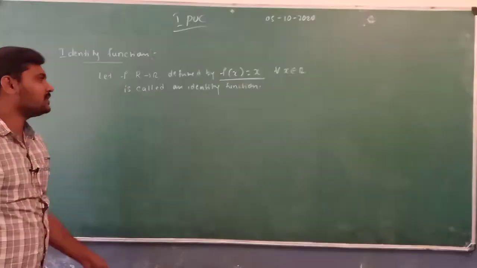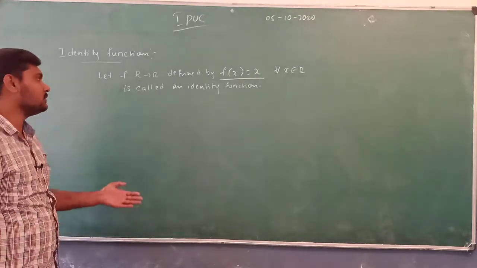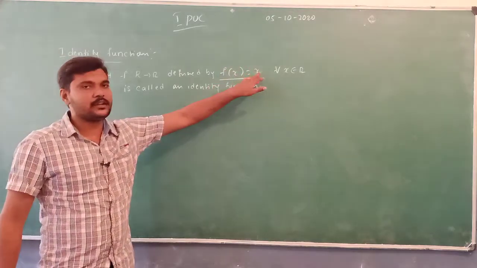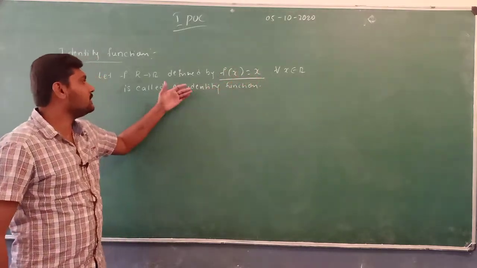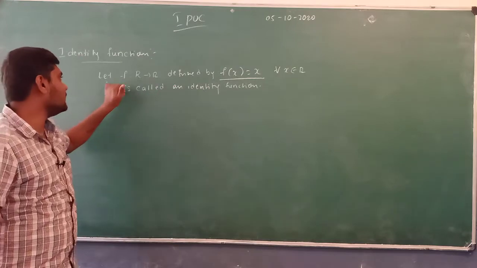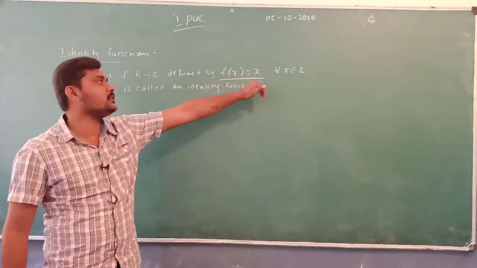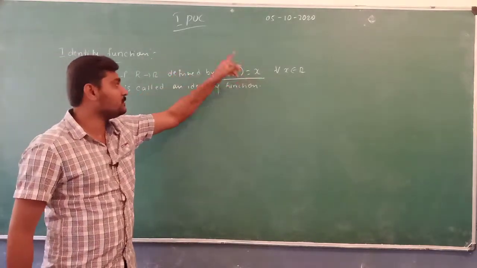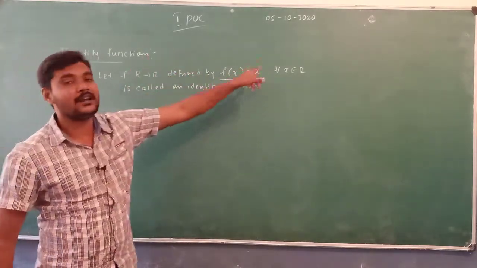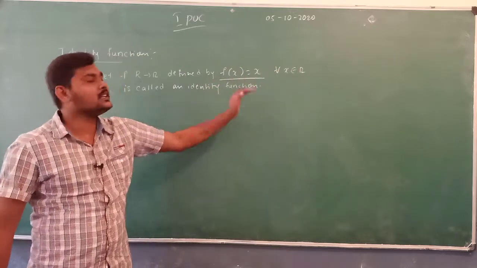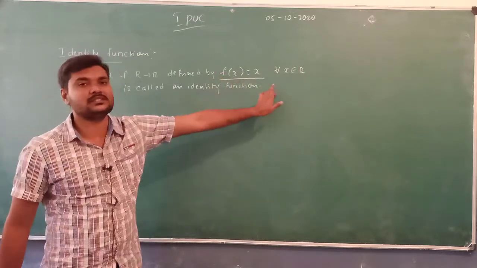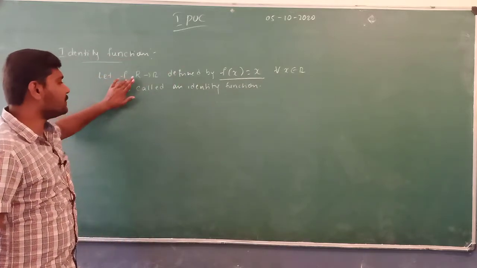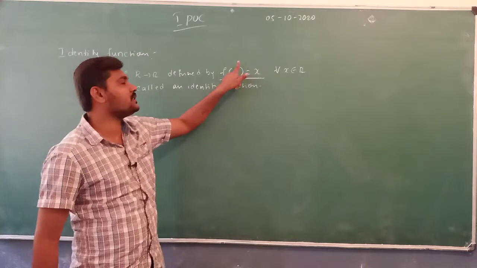So here the definition differs from book to book, but the meaning is f of x is equal to x itself. We can write it in different words, for example, where the function f of x is equal to x is defined from R to R for all x belongs to R. But the necessary thing is f of x is equal to x, that's going to be the identity function. So here the function is defined from R to R, and the function f of x is equal to x